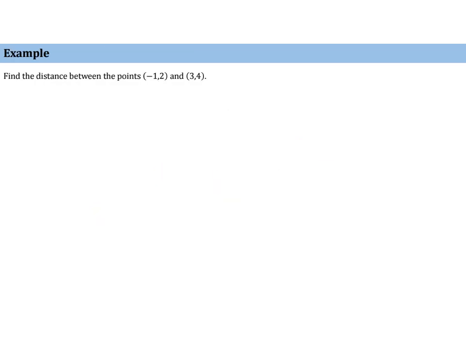So let's look at an example. Here we have 2 points, so we'll call this one x1 and y1. Call this x2 and y2. So the distance will equal the square root of x2 minus x1 quantity squared plus y2 minus y1